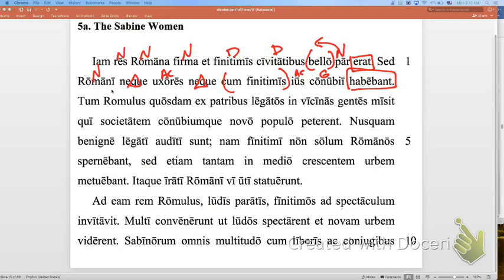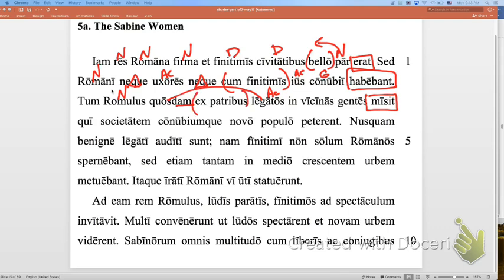Okay, then Romulus. What did Romulus do? He sent. Yeah, ends in dom, it means certain. So quos dom goes with legatos. So certain. What's legatos? What is a legate? Nope, not a letter. Like an ambassador. So he sent certain ambassadors